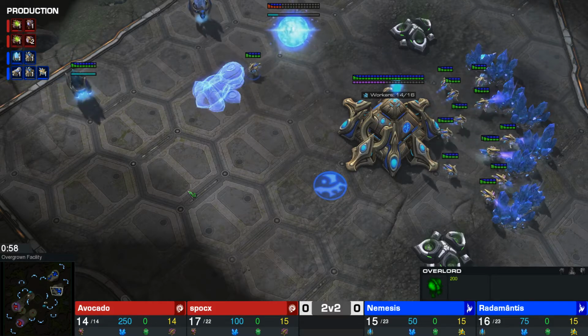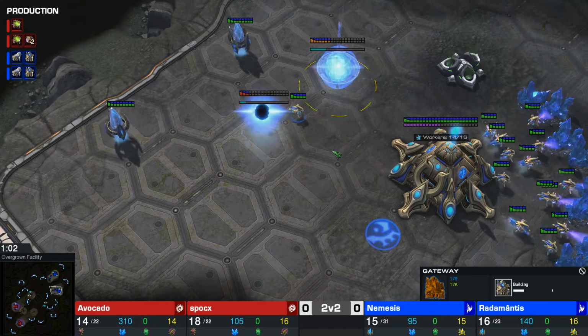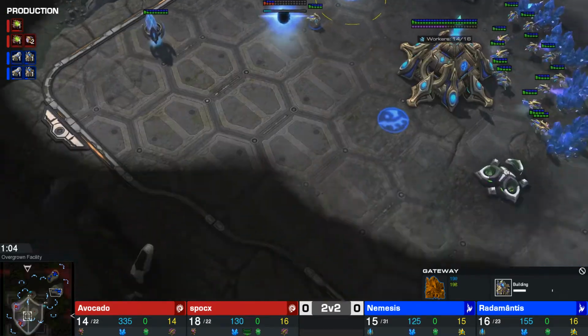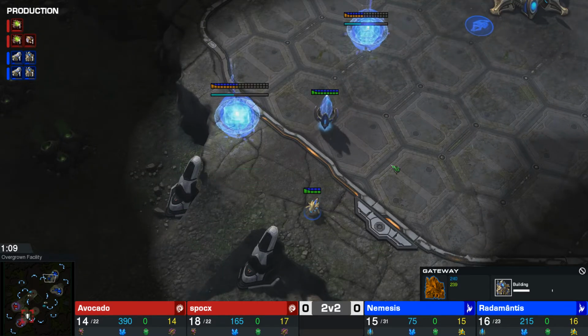I'm just gonna call him Ram. He goes for a Forge, and then Gateway, obviously. And he starts building up a bunch of photon cannons. They both just block off. They knew or had a hunch that